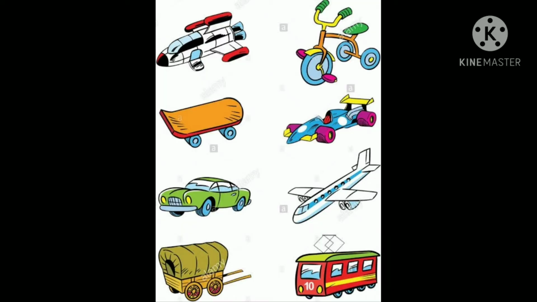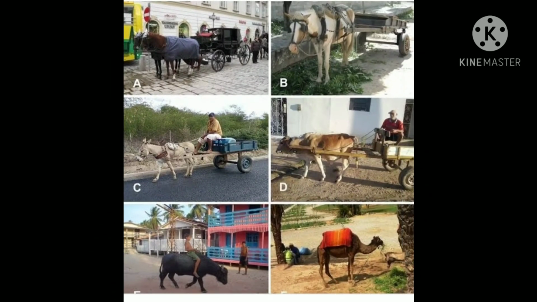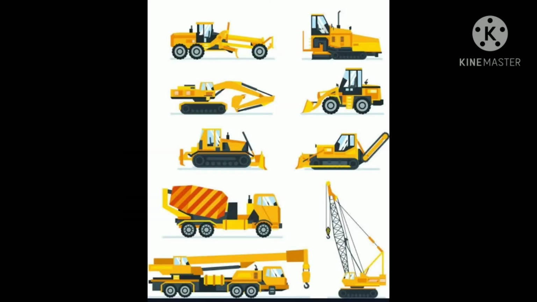Need for transport. Means of transport are needed to travel from one place to another. In earlier time, humans traveled on foot. Later, animals were used for transporting people and goods. With the invention of machines running on steam, electricity, and fuels, faster means of transport were developed.